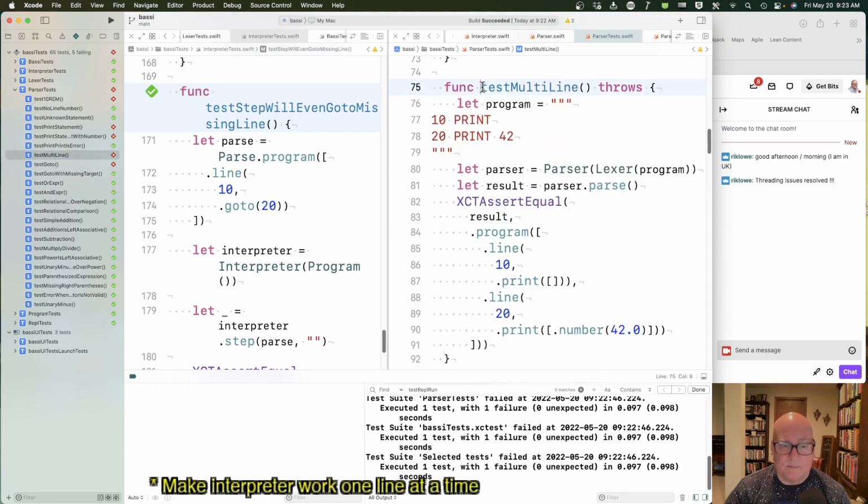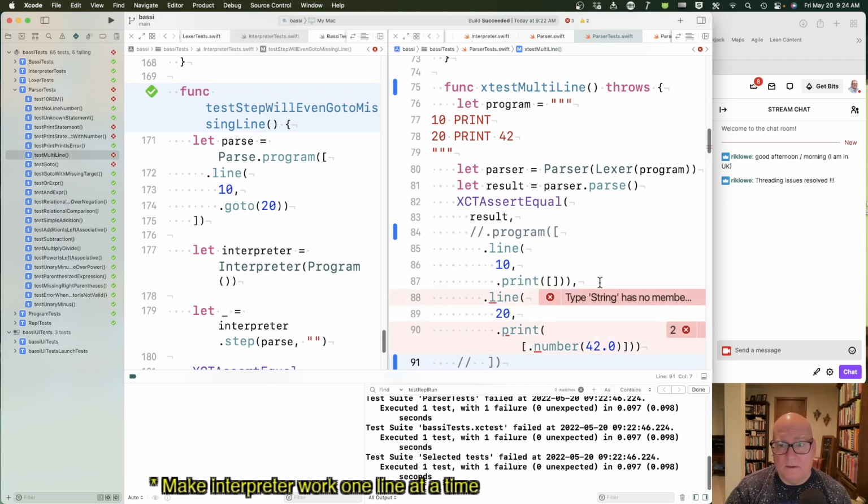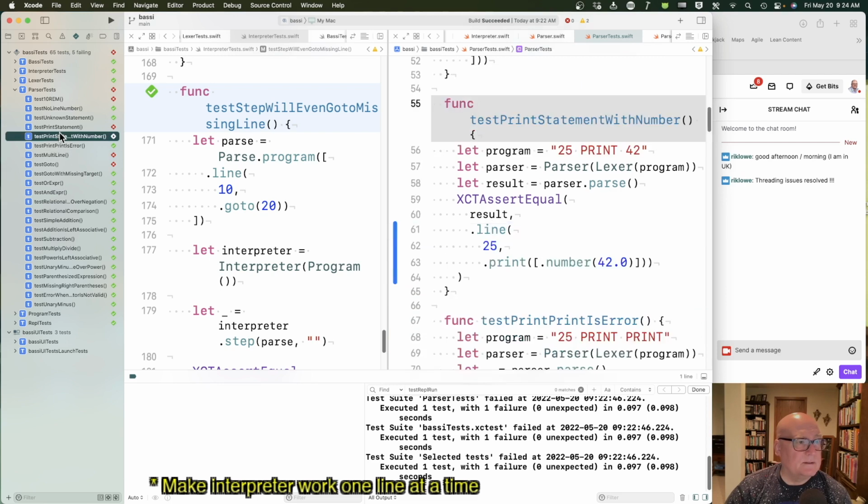Multi-line. Let's make this test. We'll just mark it not being used, and I'll take this off and this off, just because we're going to get rid of program. Okay. Oh, okay. I'll take it back. All right, but we'll leave it X'd. This one